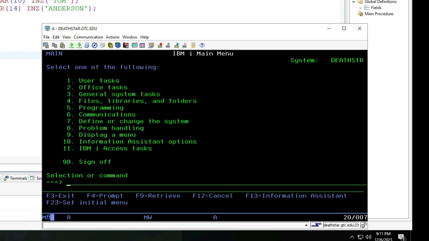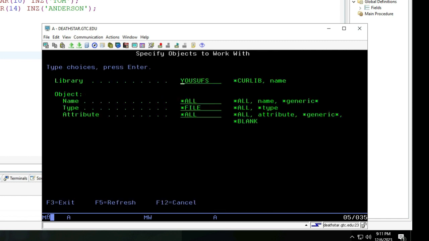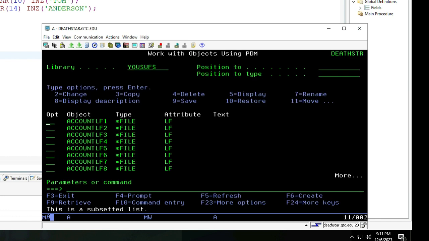Well, this is how you can make it stay. You can first of all type STRPDM and hit enter. Then you can go to work with objects. You can choose the default properties there. Once you are inside the PDM, then I want you to reissue the command CALL